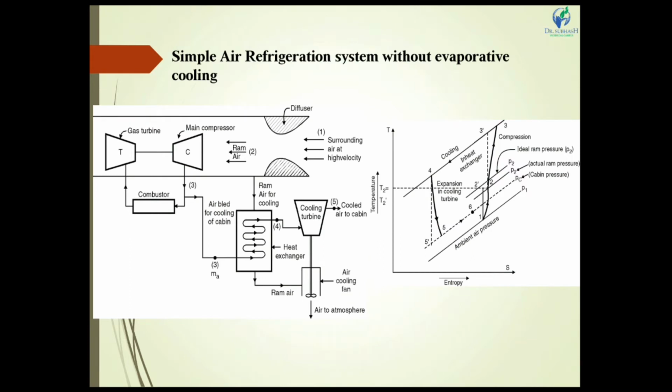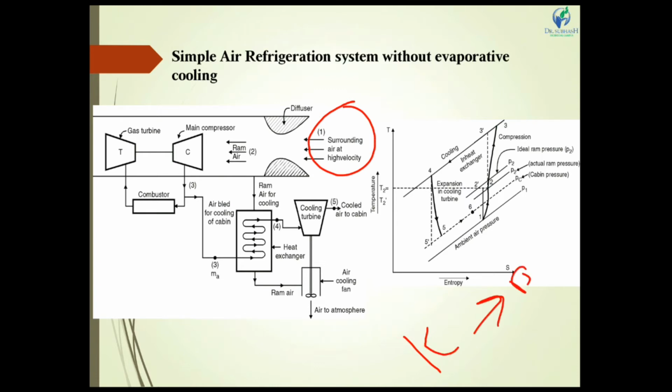In the next slide we mention the working. First, the surrounding air passes through the propeller. The propeller moves at a higher velocity through the atmospheric condition where the plane is flying, nearly 250 to 300 km per hour. This kinetic energy is converted into pressure energy inside the propeller, which we call ram pressure. The kinetic energy is converted into potential energy.